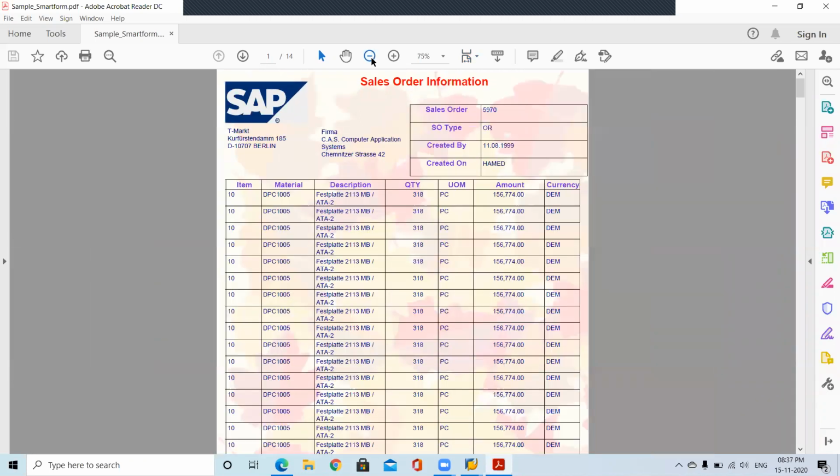So likewise, without doing any coding, you can convert your smart form into PDF format. Now we will send this PDF format as an attachment to the customer or vendor. These are the items available in this particular sales order. Please confirm once.